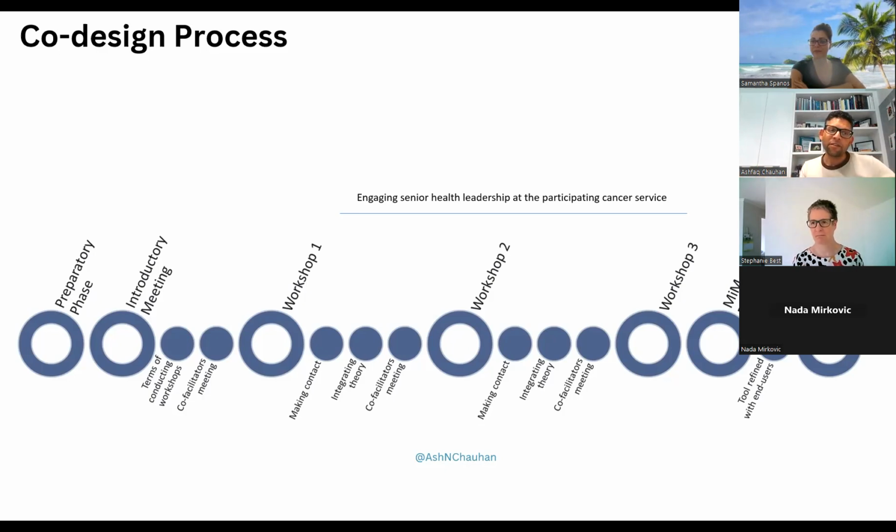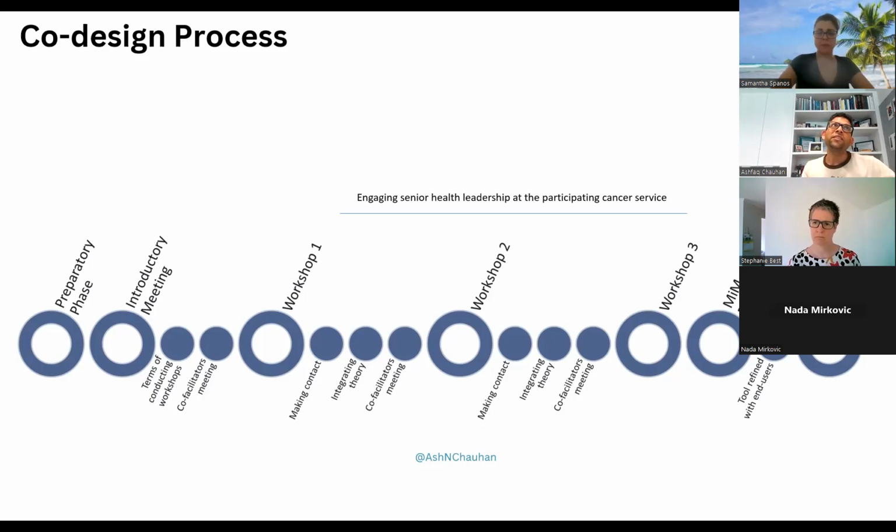The second thing in the preparatory phase, which was important, was the involvement of a consumer co-facilitator. There has been some research around how they can enhance participation of consumers from CALD backgrounds more meaningfully and have them more engaged in the co-design process. As part of this co-design, we trained them in how to use the online platform for co-design, and we also trained the consumer co-facilitators in what the overall project was and what we wanted to get out of it. Those were the two considerations prior to the co-design.